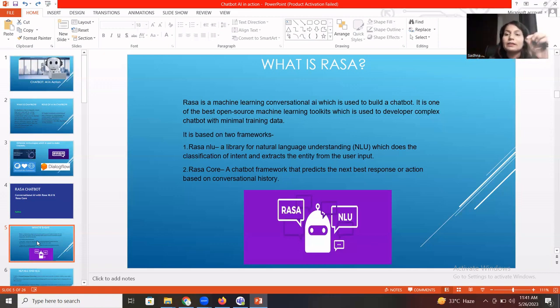Maybe you're talking about the timing of a train going from this place to that place, or maybe what is the capital of India. The capital of India is an entity which is a city or a location, right?